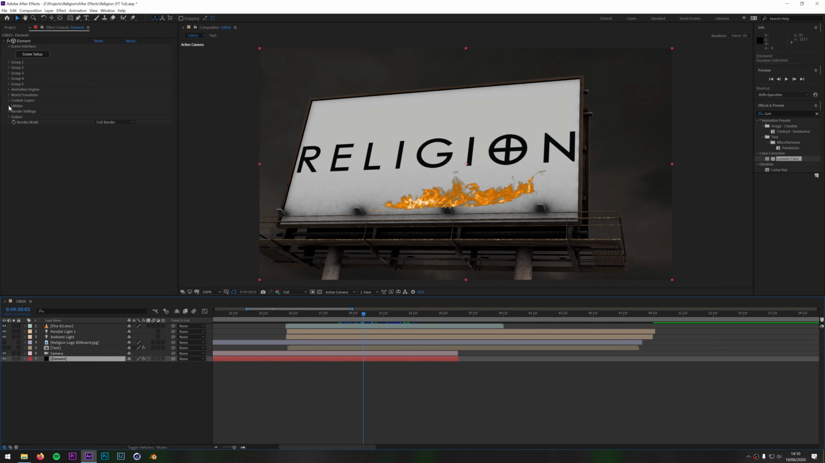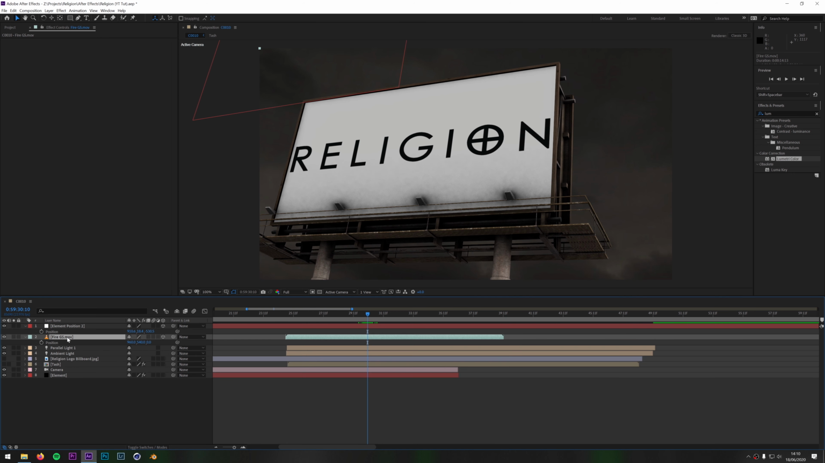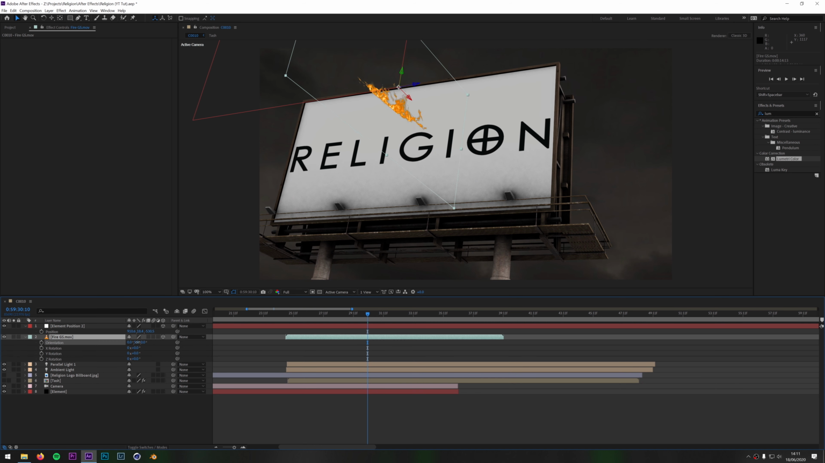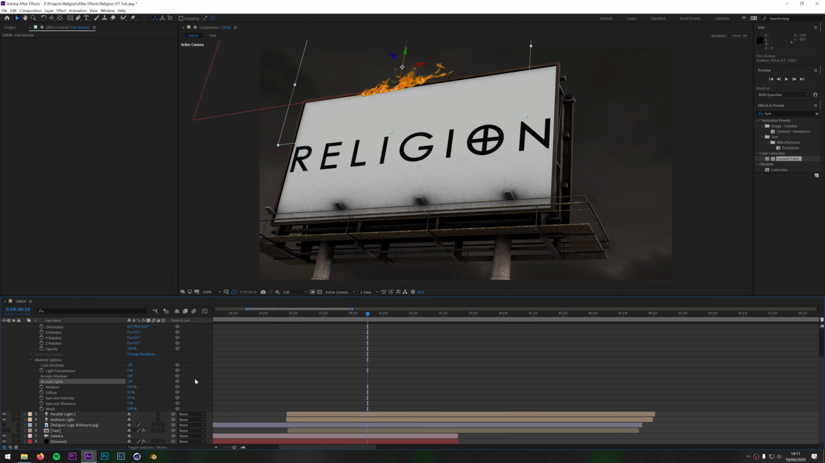Go to Element, Utilities, generate 3D position, then pick a position on the billboard. Generate a null, then that null sticks to that position. Make your fire footage 3D, then copy the position from that null to that fire. You might need to play around with the scale, position, and the orientation to make sure it matches up with the billboard. Make sure you turn off these settings in the material options. Play it back and you get